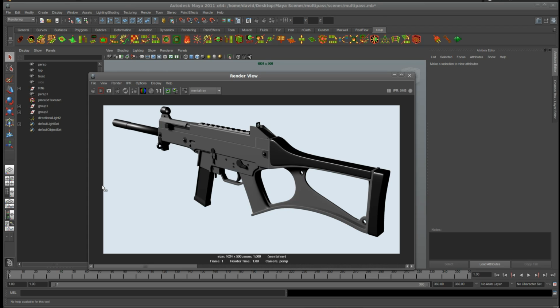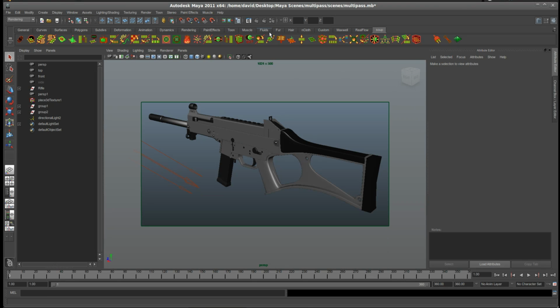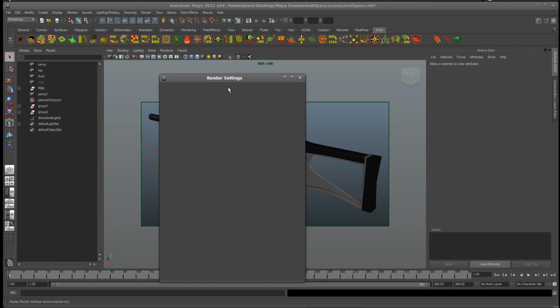So what we're going to do is split this render up into separate passes, and then we're going to recomposite that, in our case with Nuke, although you could do this with After Effects or any manner of compositing program really. Now, to get started, what I want to do is open up the render settings window,